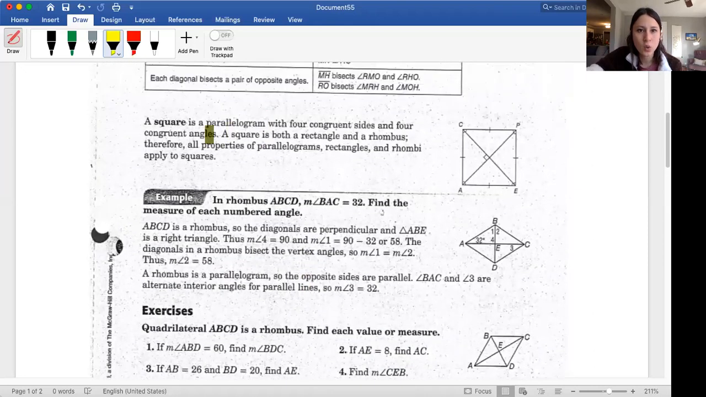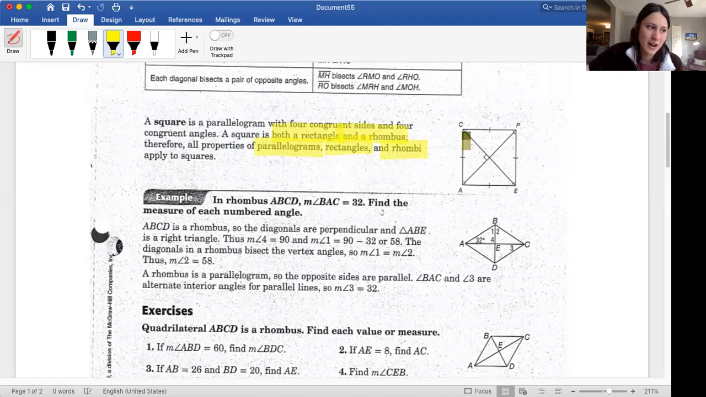And so for a square, if we look down here, it's a parallelogram with 4 congruent sides and 4 congruent angles. A square is both a rectangle and a rhombus. Therefore, it has all the properties of a parallelogram, rectangle, and a rhombus. So basically, the square has all the qualities of everything we've looked at up until this point, which is a